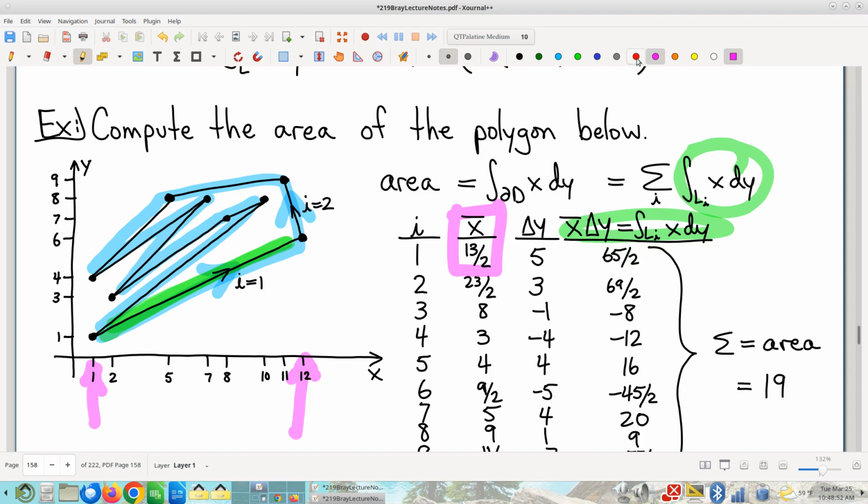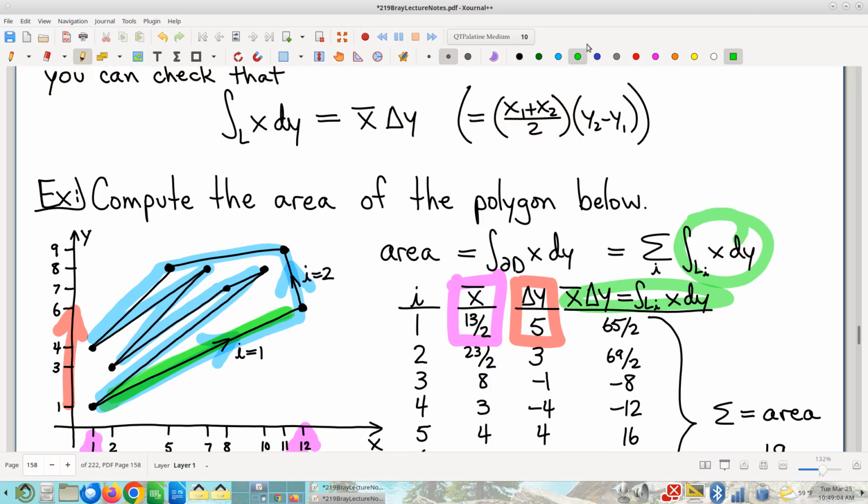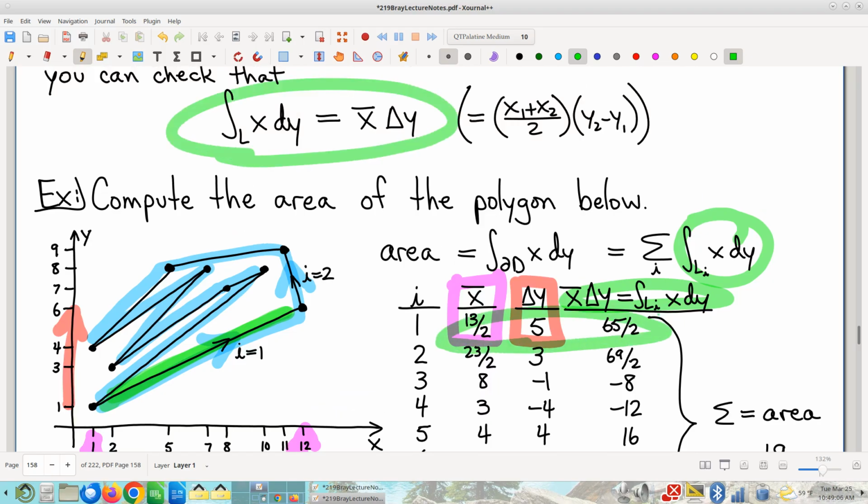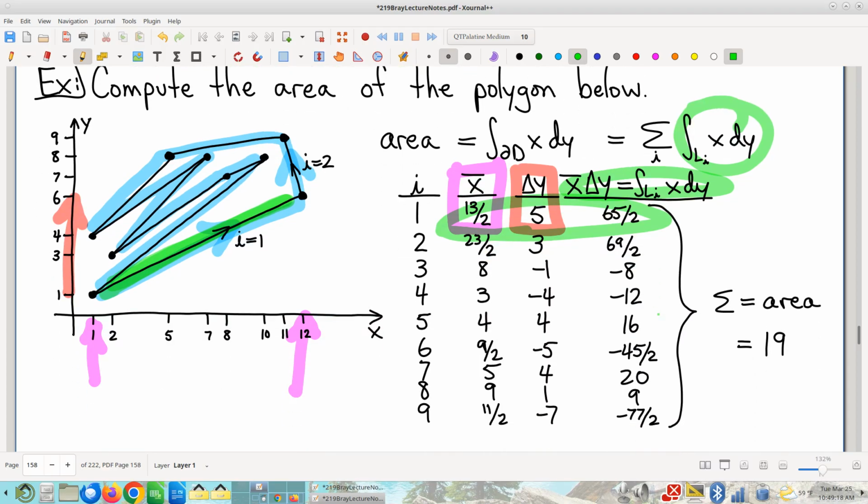What's the change in y? How much did y increase? Well, y went from 1 to 6, so delta y is 5. And by the theorem that we wrote down up here, on a line segment, you multiply, and that gives you the line integral. So on each one of those lines, you can carry this around. Do this on all 9. I've got the arithmetic here if you want to see how that carries through. But you just go around all 9 of the edges here, and a little arithmetic. No big deal. It doesn't even have annoying fractions in it, right? It's just pretty straightforward.